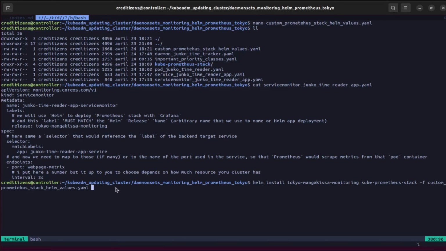I put the folder kube Prometheus stack. I use the F flag for custom values.yaml called the custom Prometheus stack Helm values. Okay, so Helm install, the name of the release, an arbitrary name, it has to be the same in the service monitor. And after, you provide the folder where your Helm chart is, and after you use the option F